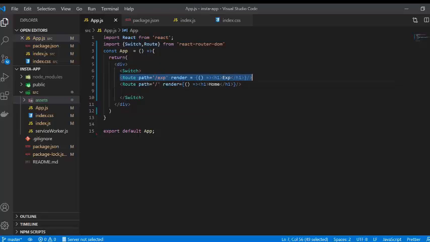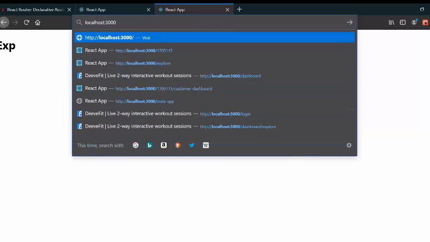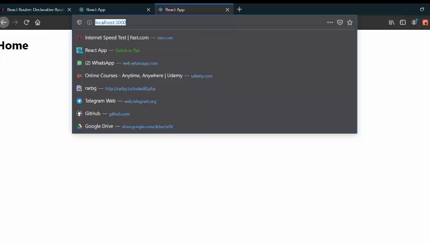And there is one more way you can do this. If I go back to where it is, what we can do is it gives one attribute called exact, and that's what it needs in here. So what it does is, if the path is exactly this one, then it will render this part, and if the route has this exact exp, slash exp, then it will render this part. So if I go to our browser and refresh it and use slash again, and then slash exp,